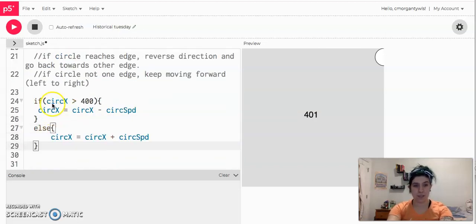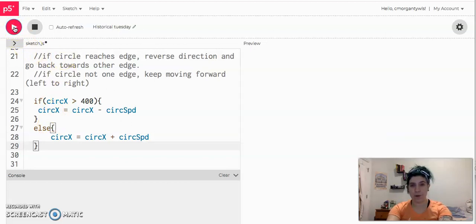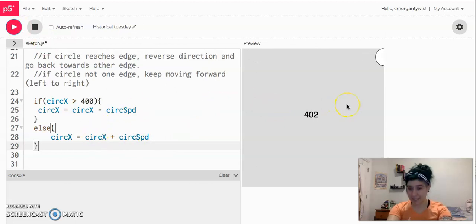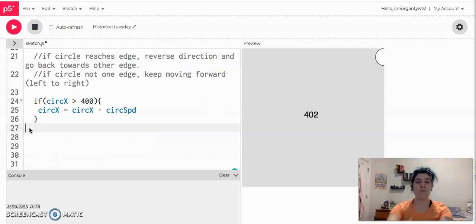something like this, or they write an else if. And what we see then is our circle moving really fast, because it's essentially adding twice, but it still gets stuck. The only difference now is it's able to get stuck at 402 because we're doing this addition 2 times. So none of this seems to be our answer, and this can be very frustrating, but there's another way that